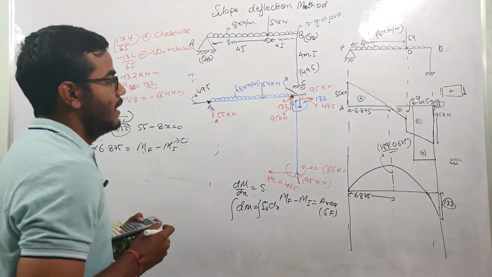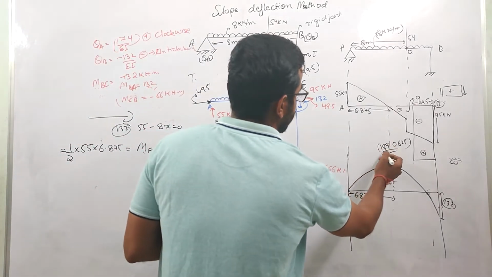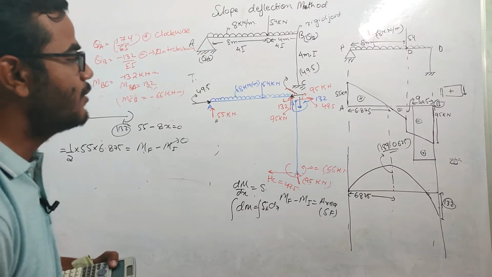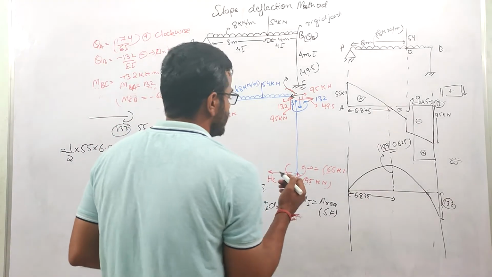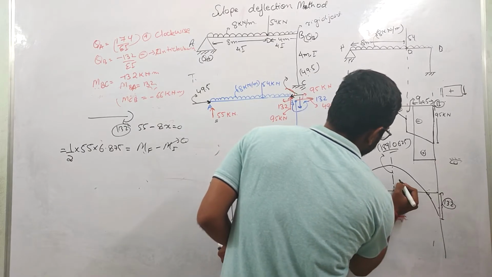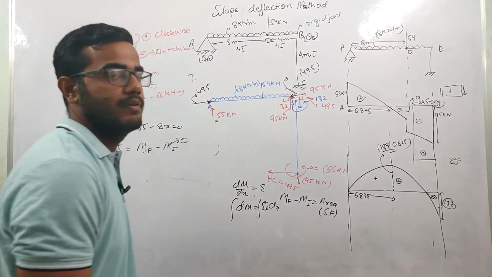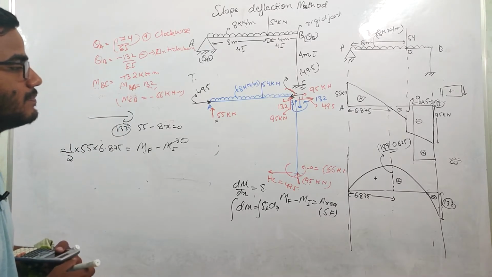So this is the value for which you need to design the beam. At these portions you need to design the beam for this moment. This is the maximum moment coming on the beam. You can see that in the direction we have assumed, sagging is considered positive, and at this portion there is hogging, so it is considered negative. So this is the case.